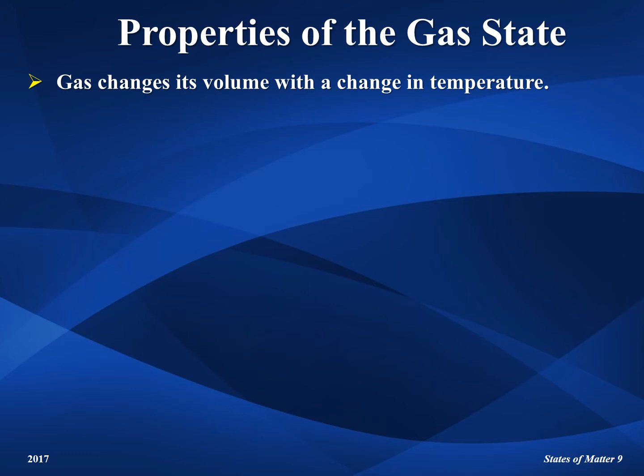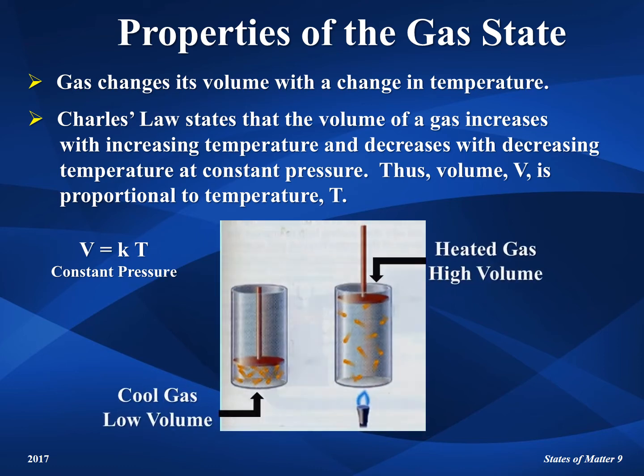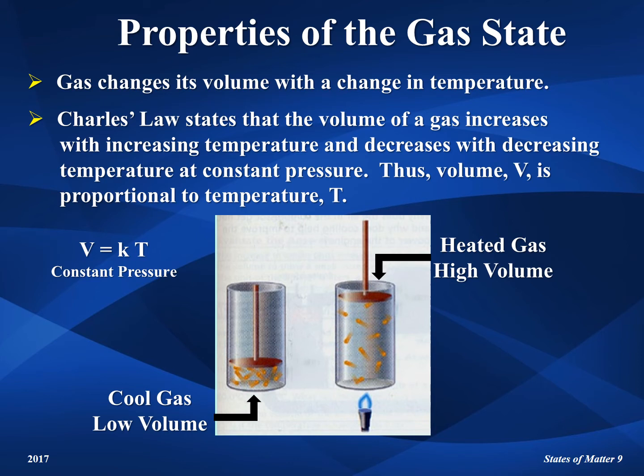One of the key properties of a gas is that it changes its volume with a change in temperature. In the 1780s, Jacques Charles discovered the change in the volume of a gas with changes in temperature. Charles's law states that the volume of a gas increases with increasing temperature and decreases with decreasing temperature, at constant pressure. This means that the volume is directly proportional to temperature. The mathematical equation for Charles's law is that the volume V is equal to a constant K times the temperature T. This diagram shows how the volume of gas increases when the gas in the cylinder is heated with a